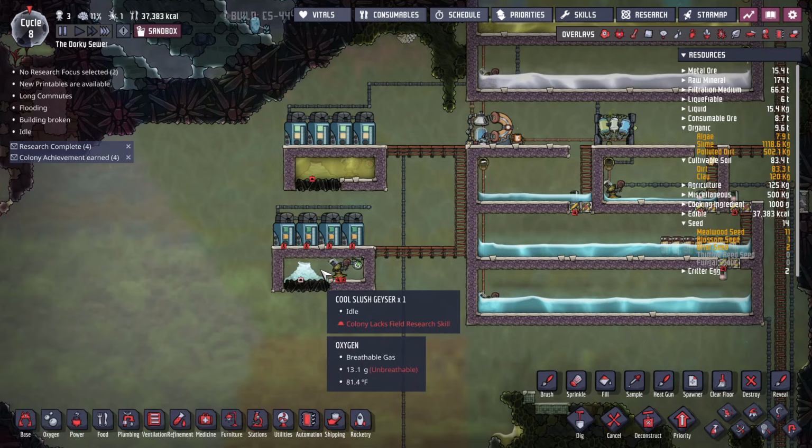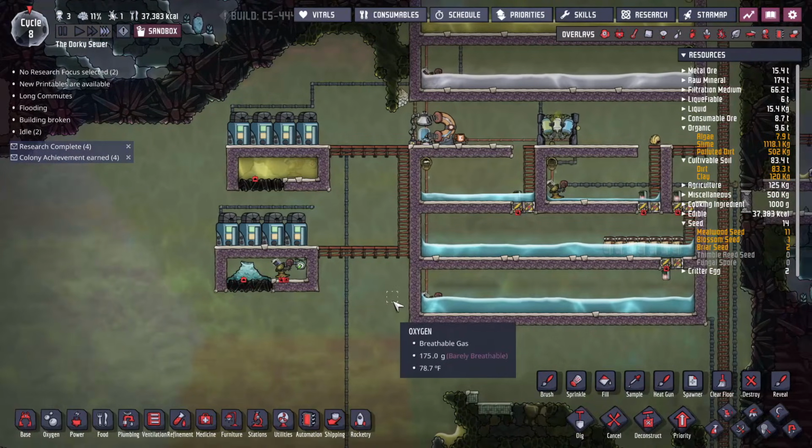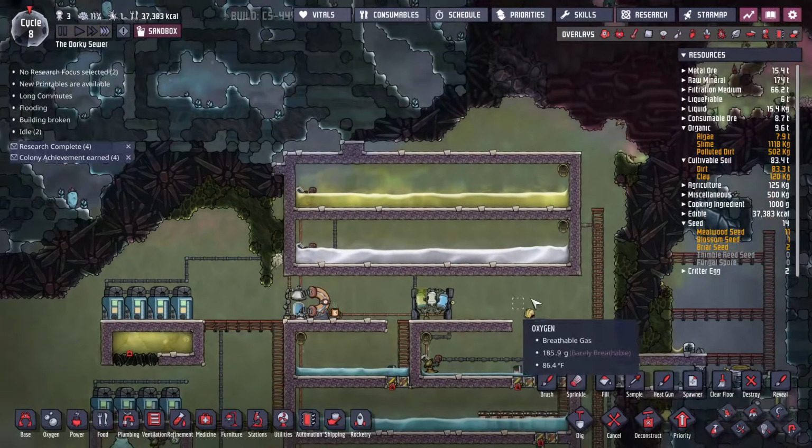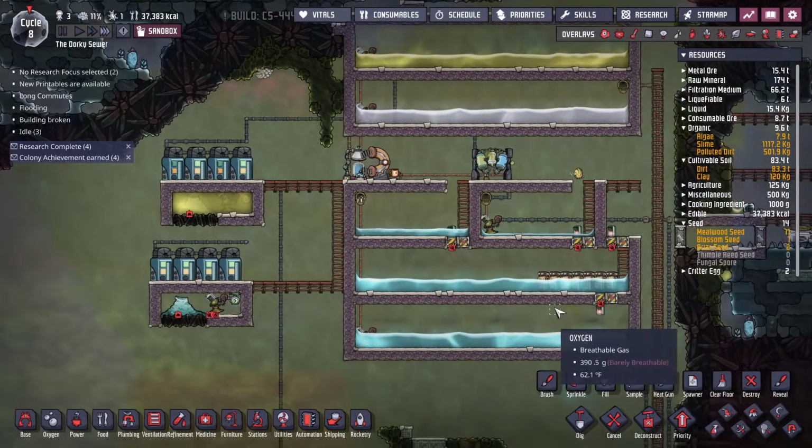refine it. But the cooling on here is so powerful to the point that this is probably one of the best vents in the whole game. Or geysers, or whatever else you want to call them. So yeah, I would definitely be very, very excited about getting one of these and finding a way to refine